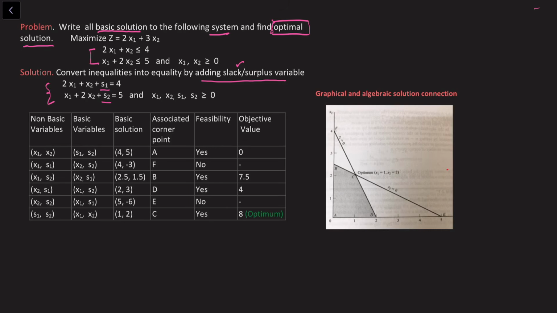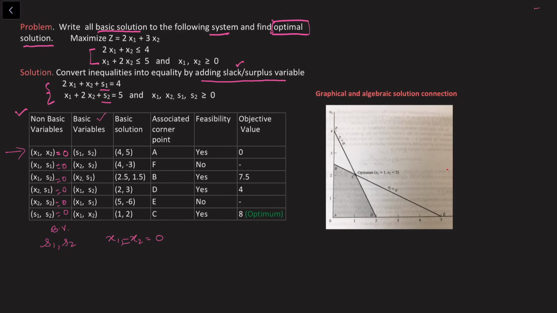So we can make cases, there are basic variable selection and then there are non-basic variable selection. So we know that whenever we select non-basic variable, this value is always equal to 0. So assuming that these both variable values are 0, we are going to reduce the system. So I'll give you the first case. When I've taken S1, S2 as basic variable and X1, X2 as non-basic variable, so these two values